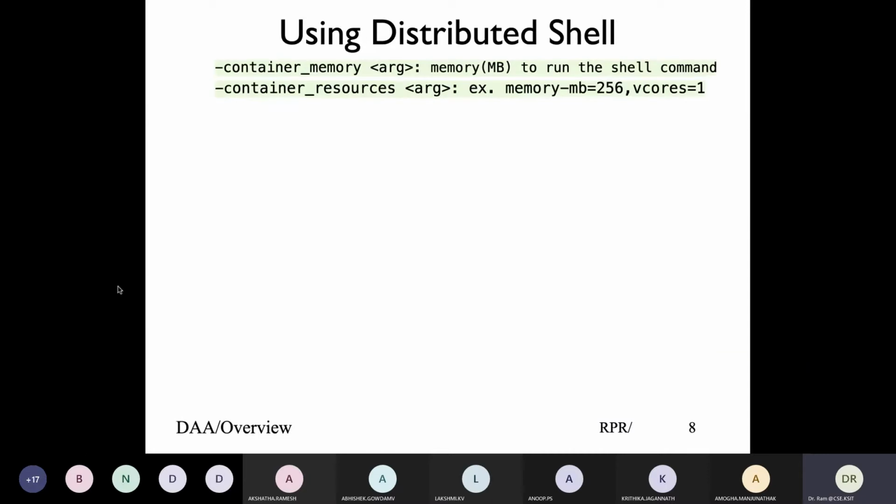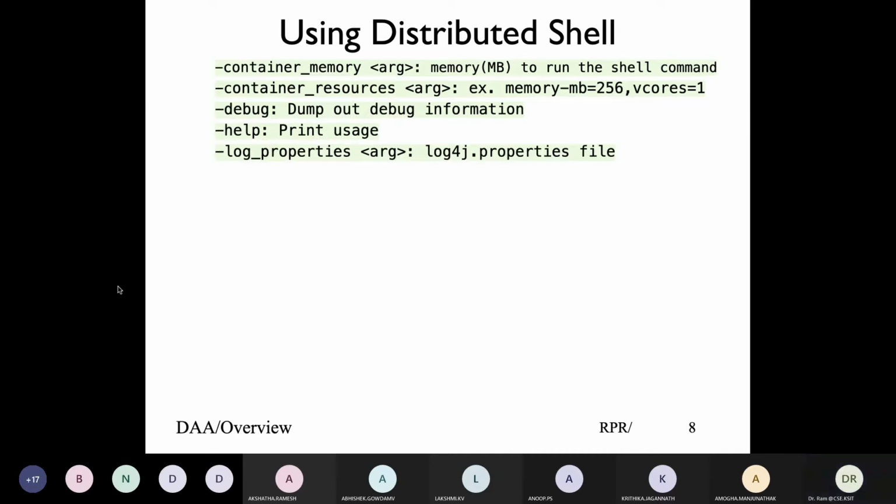Container resources, beyond memory, let you specify the number of virtual CPU cores. You can specify all this through container resources. Debug help: if you want to look at how the logging is done through the log4j properties file, you can specify which log4j file will determine log information, whether you want to put info or error or warning or fatal or debug, and those can be governed through this.